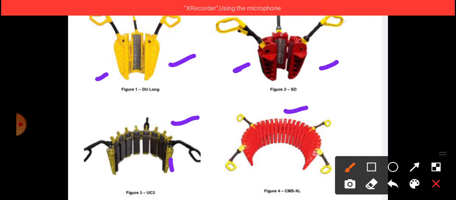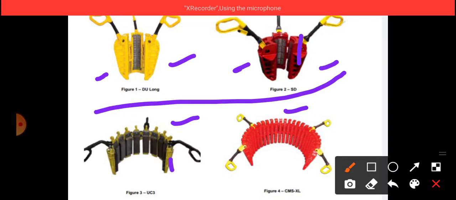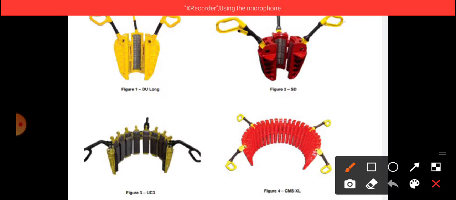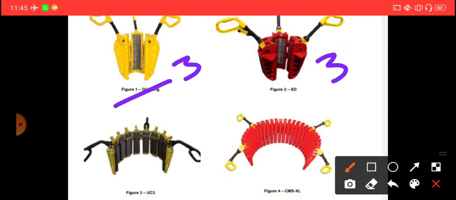You see the above two are having only three shapes. Those are called wedge shapes. 1 2 3, there are only three segments. But here you see a number of segments are available, like 1 2 3, and by continuing you will get 21, 23, 24 like that. So the difference here is majorly the segments. Here only three segments are available, but here you see more than three.